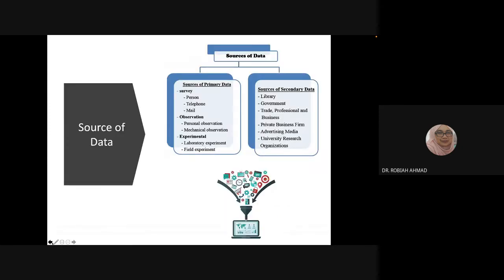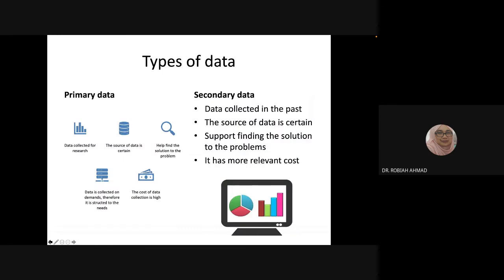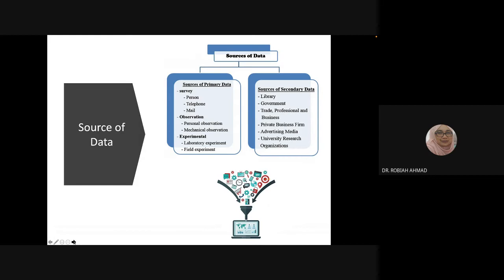Okay, for example, if you're doing modeling, the one that I'm familiar with is DAISY. Okay, I'm sure you're also aware that there are lots of data available out there. Okay, if you look at the source of data, for primary data, survey. So usually this is for social science research, and the survey can be done through persons, telephone, or mail, and also